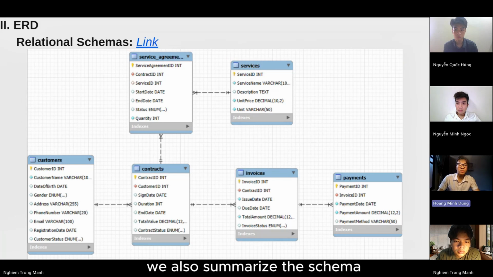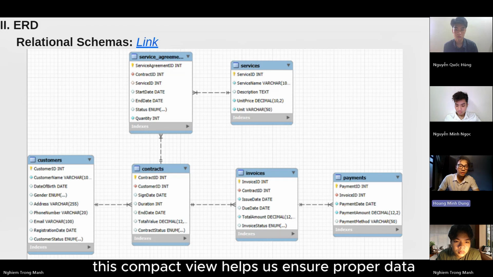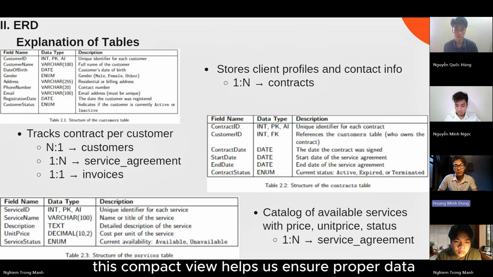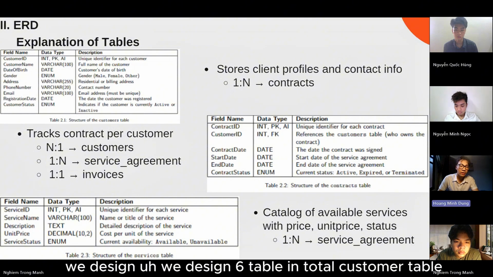We also summarize the schema created from our database, showing the relationship, primary key, and foreign key of each table and their constraints. This compact view helps us ensure proper data normalization and referential integrity between all entities. We design